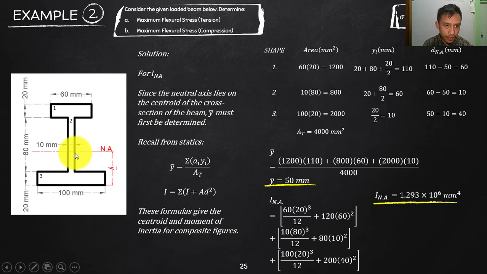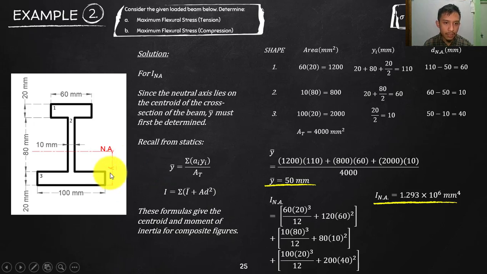The distance for your area 2 to your bottom, okay, the center of that is 20 plus half of 80, which will be 60. And then for this last third area, half of 20 is 10. So these are our values for Y, and that is for the area. Substitute it here. Summate the product of area times distance, and divide that by the total area. You will end up with 50, which is the centroid of the entire area, the total area. So that Y bar here is 50,